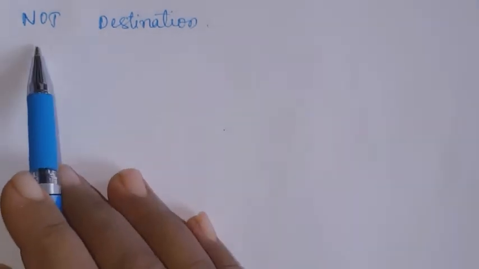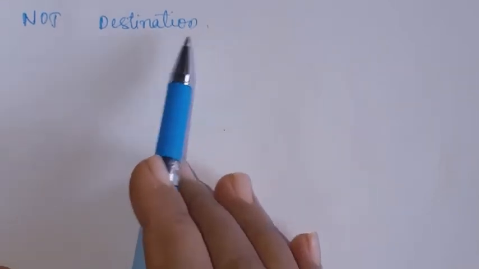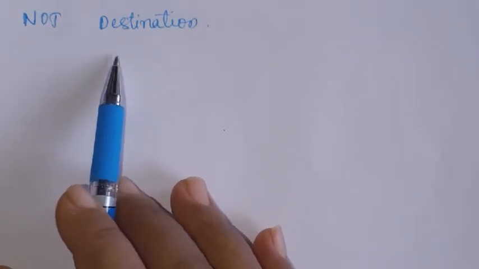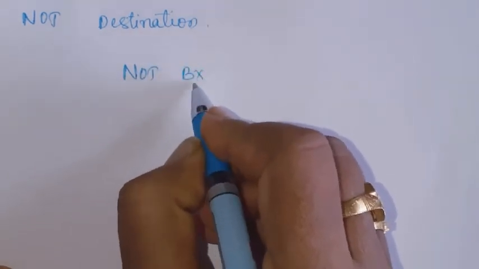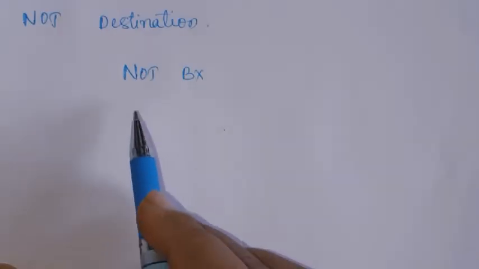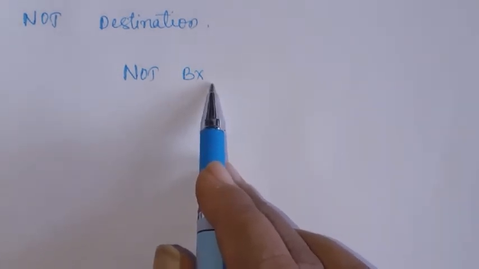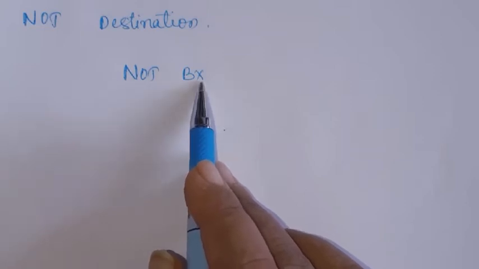Here there is only one operand, the destination, because with this instruction each bit of the destination is inverted. That means if it is 1 it becomes 0, if it is 0 it becomes 1. The destination can be a register or a memory location. So if I say NOT BX, each bit of the contents of the BX register will be inverted and placed in the BX register. It's the one's complement of the contents of BX, and it is placed in the BX register.